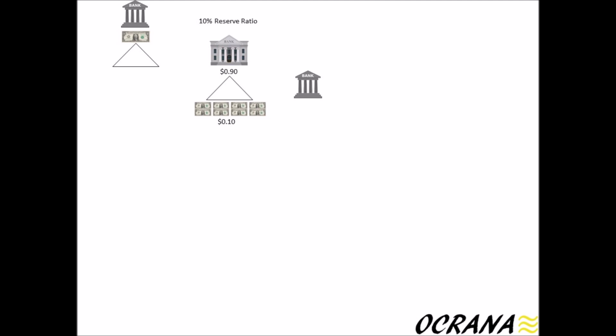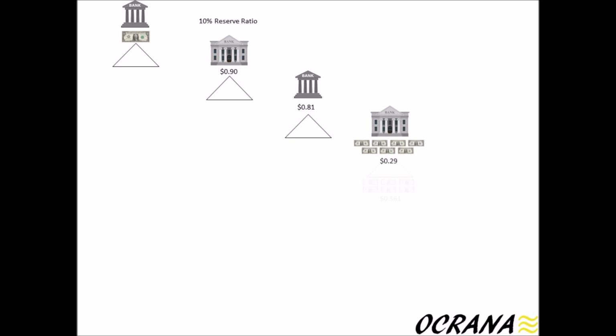Then this person who receives the newly borrowed money spends it, and then the money ends up being deposited into another bank, and then that bank is also running on a 10% reserve ratio. So they keep 10% of the reserves on deposit, which is 81 cents, and then they end up lending out $7.29. Then this new loan ends up being deposited into another bank, and then this bank is also running on